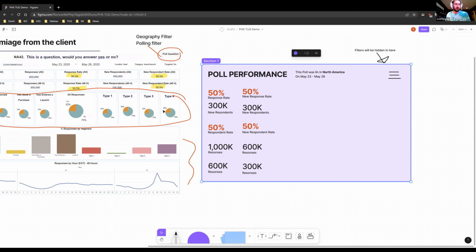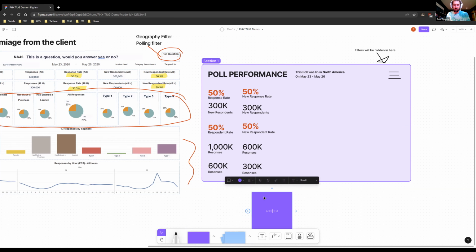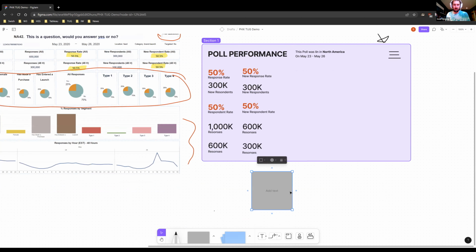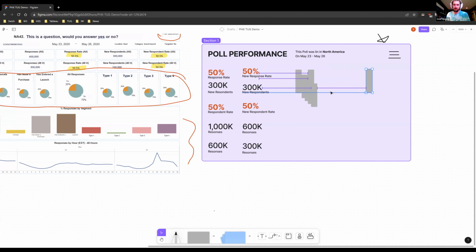But how would we tackle these bars across the middle? So what I actually ended up pitching was I came in here and I grabbed one of these shapes, I made it a square, placed it here, and I turned it gray. And then you can shrink up that shape, turn it into bars. And how many did we have? 1, 2, 3, 4, 8. And then 1 was an aggregate, so 9 in total. And then we'll just kind of space those out across the way.